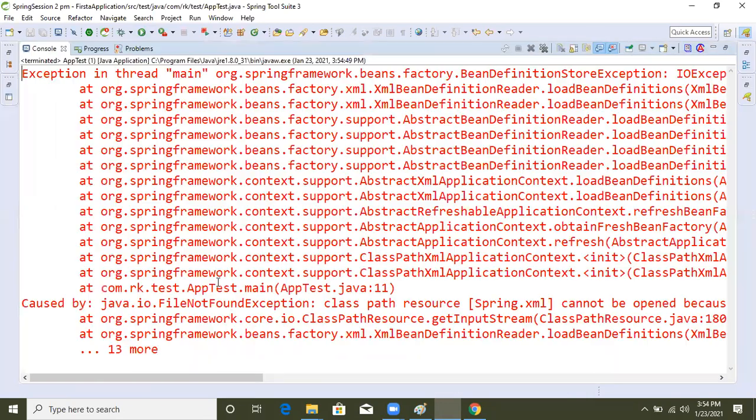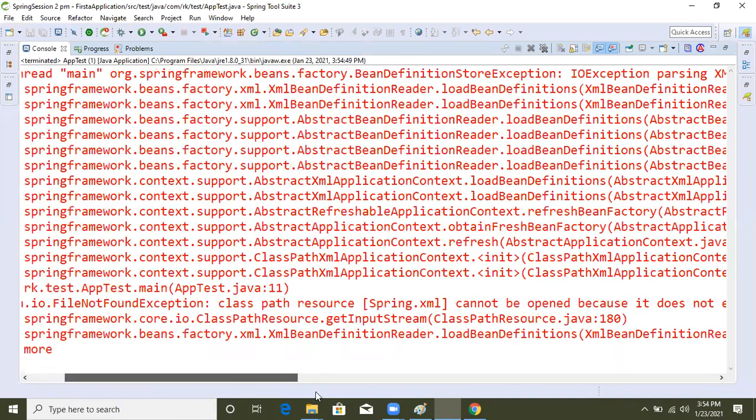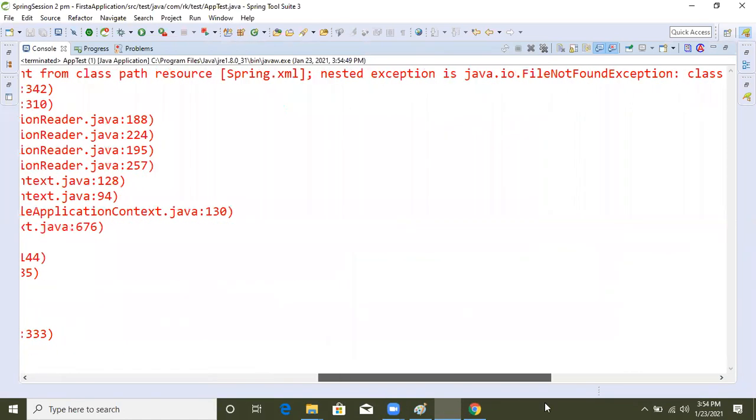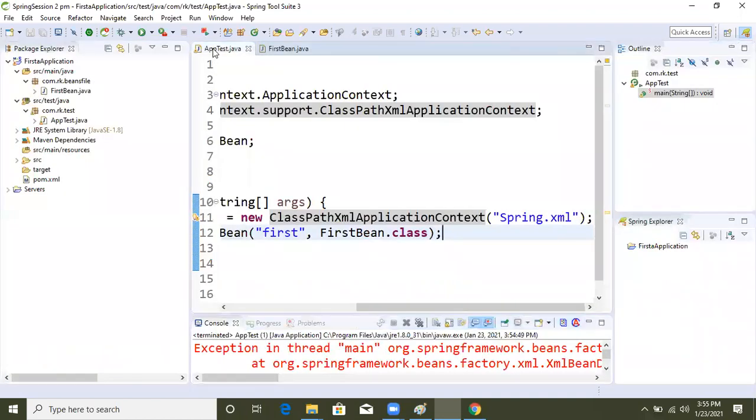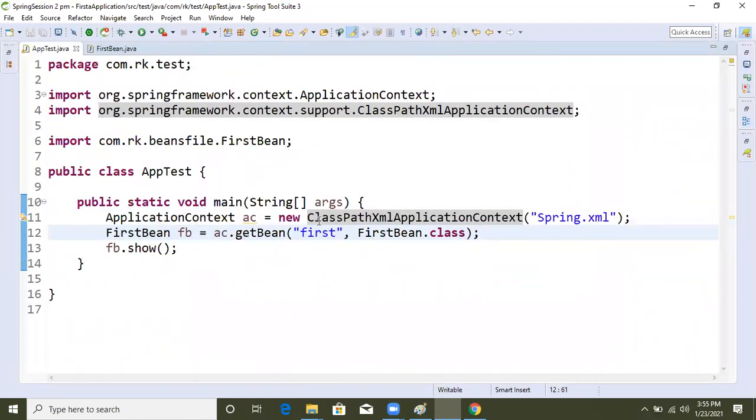See, we get the error, right? Spring bean factory bean definition IOC spring XML, nested, this much error we are getting. Means the XML configuration is not being found, right?